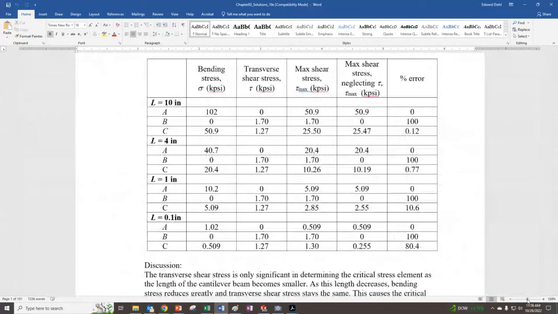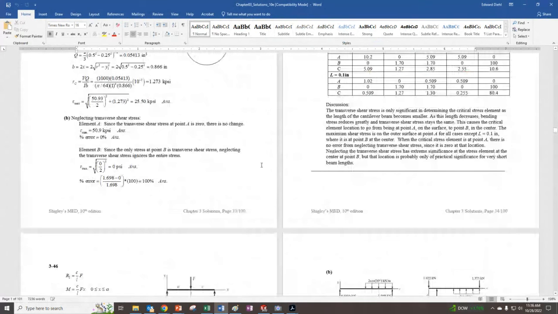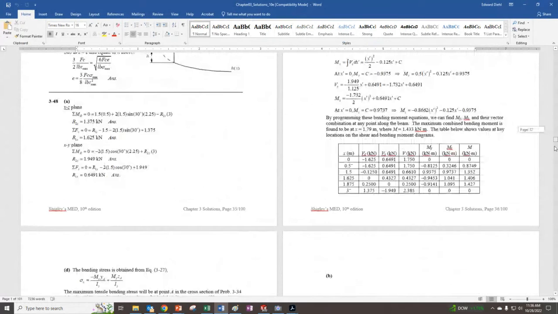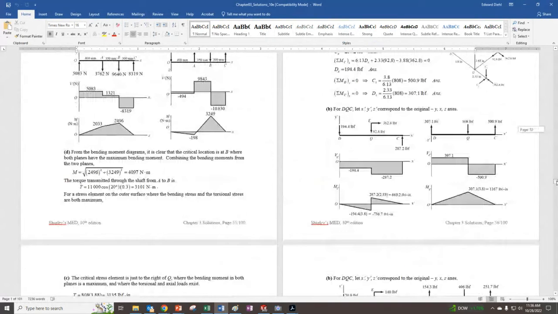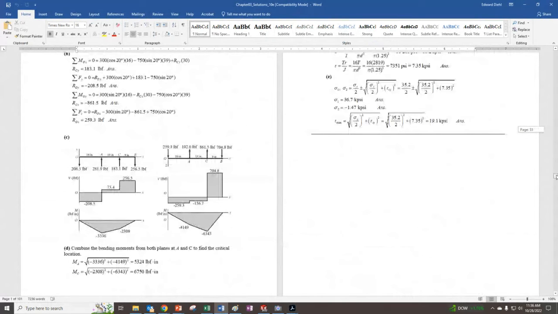Where you at, man? What page am I on? Oh, we got a lot of pages to go. I don't know if I want to show this on the internet, but